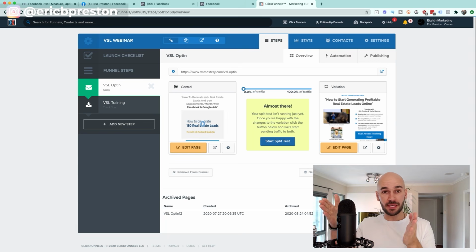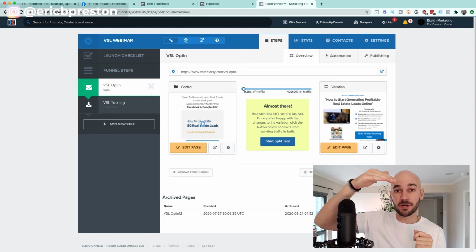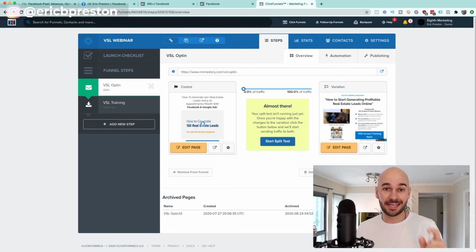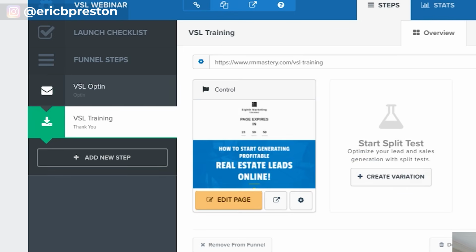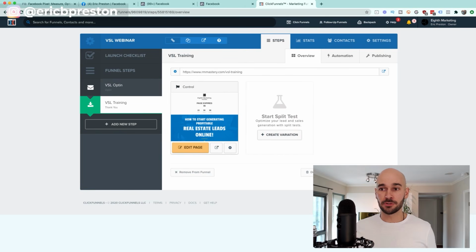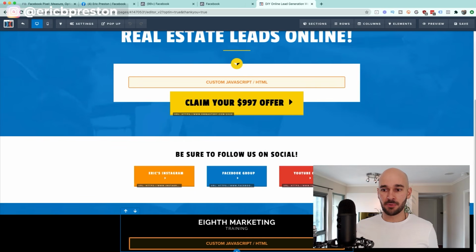Then they go to a thank you page, okay? On that thank you page, you want to install the event code, because when they go to that thank you page, it'll trigger that code to fire back to Facebook and tell Facebook that that event happened, right? For example, on this page, when someone opts in, they get sent to our second page, which is where the training actually happens. So I can go to edit, and what you'll notice is down here at the bottom,